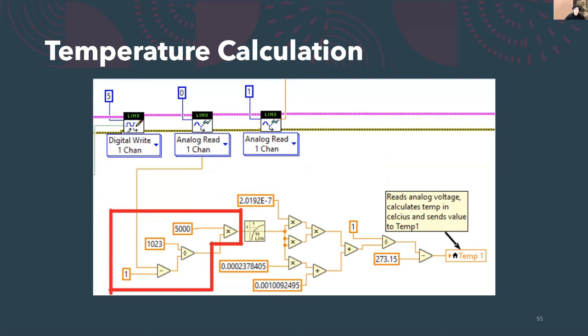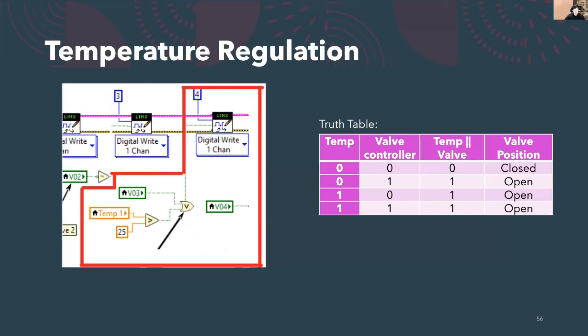This temperature is then sent to temp 1 and temp 2 respectively, and these values are also sent to the temperature control system. Finally, with temperature regulation, we come back to the normally open valve. The logic here is rather straightforward, as the valve is set to open if either the button is pressed or if temperature reaches a certain threshold, in our case 25 degrees Celsius. That is the purpose of the OR gate, whose truth table and valve position is also shown to the right. By releasing pressure from either the line or the oxidizer tank, we can reduce its temperature,